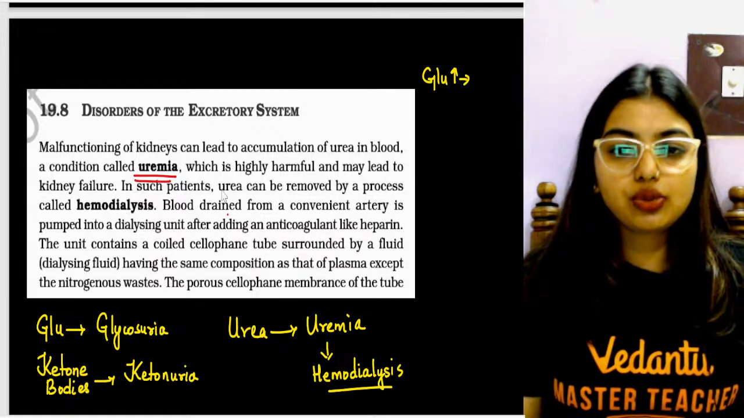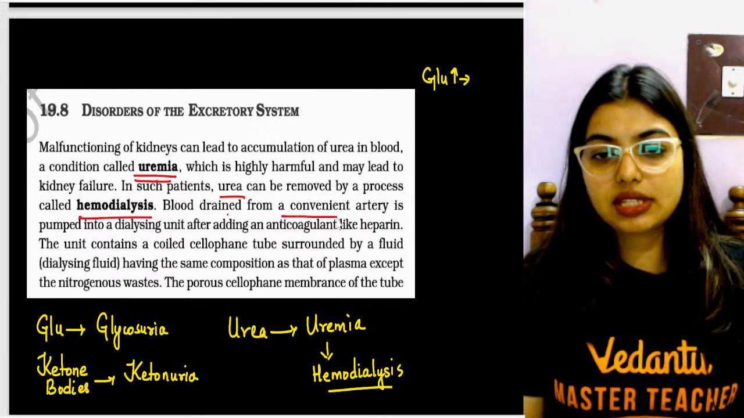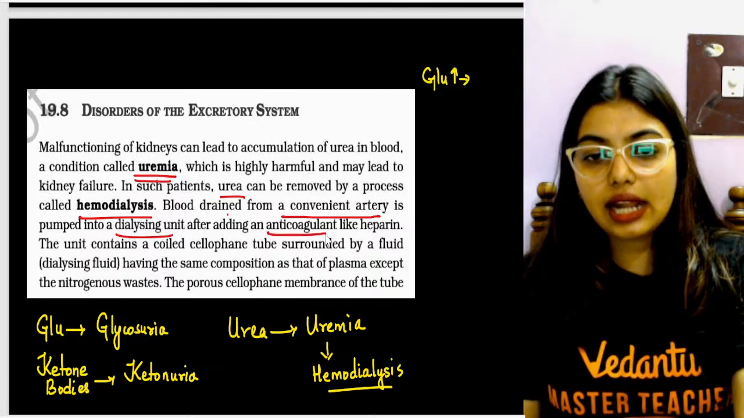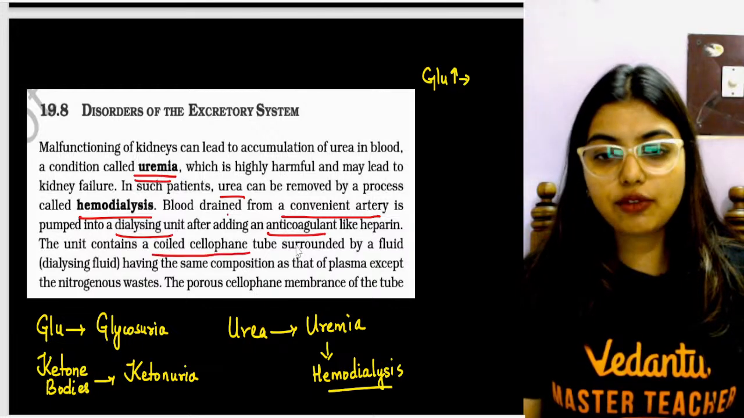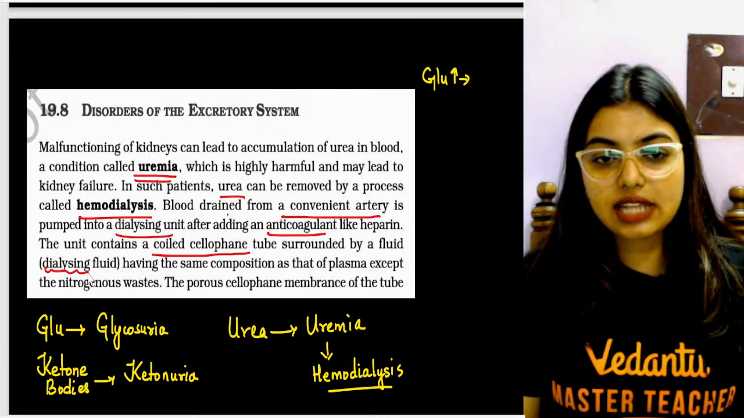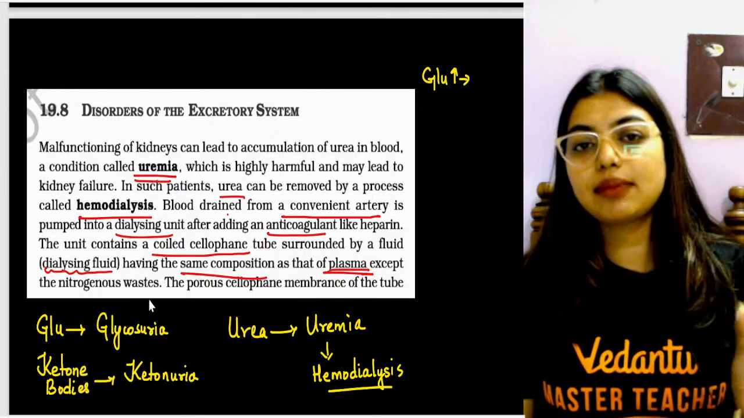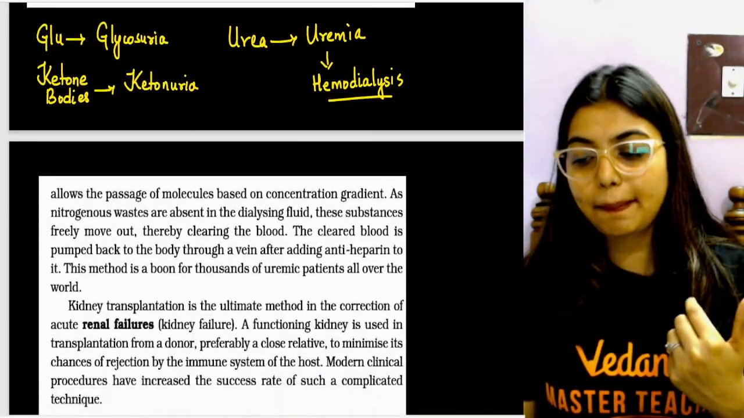Okay, so urea can be removed by the process of hemodialysis. Blood drained out from a significant artery is pumped into the dialysing unit after adding an anticoagulant like heparin. The unit contains a coiled cellophane tape surrounded by a fluid called dialysing fluid, having the same composition as that of the plasma except the nitrogenous waste. So the porous cellophane tape of the tube,